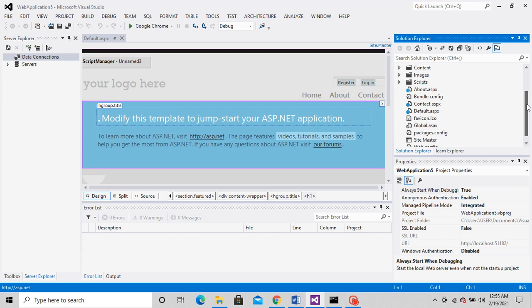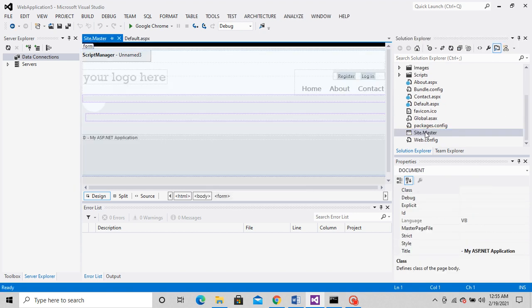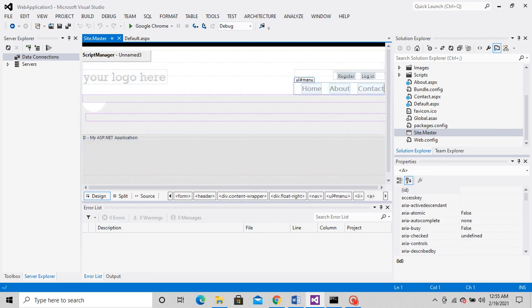If you go to the Solution Explorer, on the right hand side we have the master page, okay, called Site Master. If you go to the Site Master page, you will see that you can edit the whole page here, and whatever design you are giving here will be reflected in its children. So the default page, that is default.aspx, is also a child of SiteMaster. Okay, so that's why the design which you are giving in SiteMaster will go to default.aspx, which will be non-editable there. Okay, you cannot edit it now.